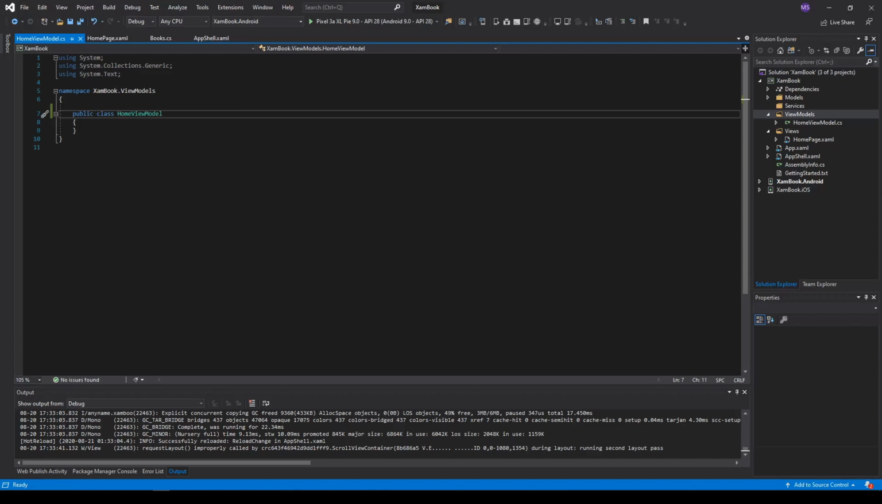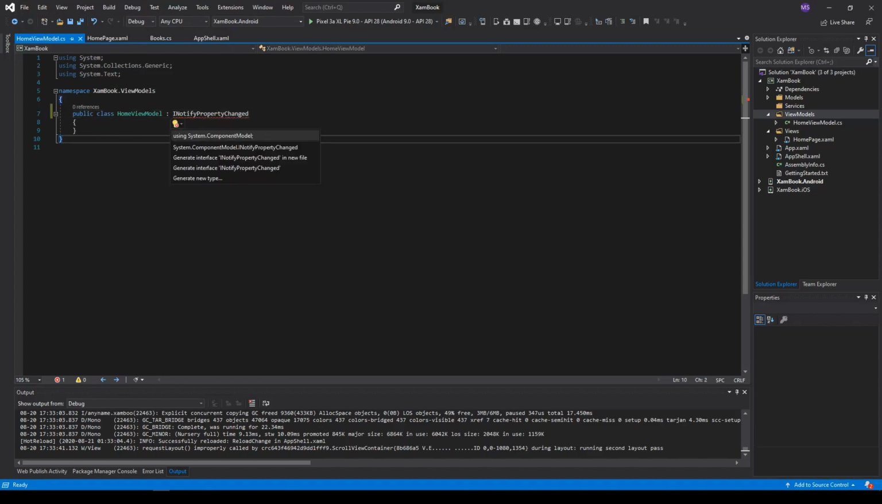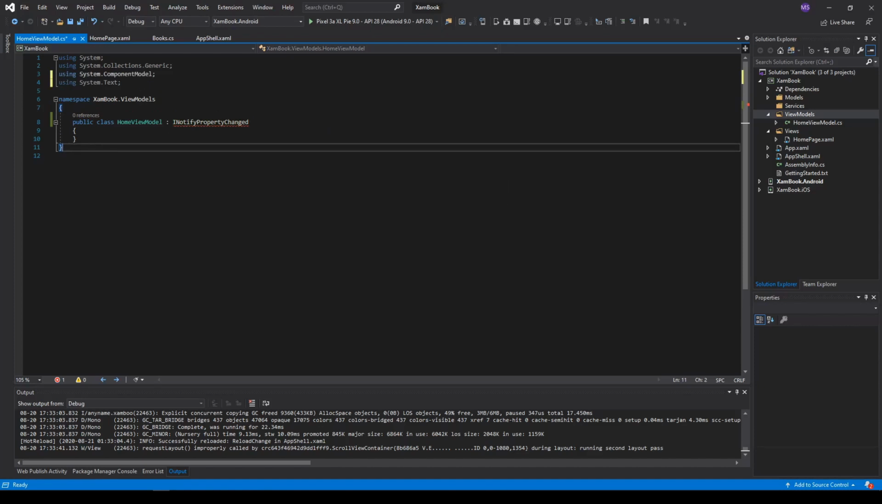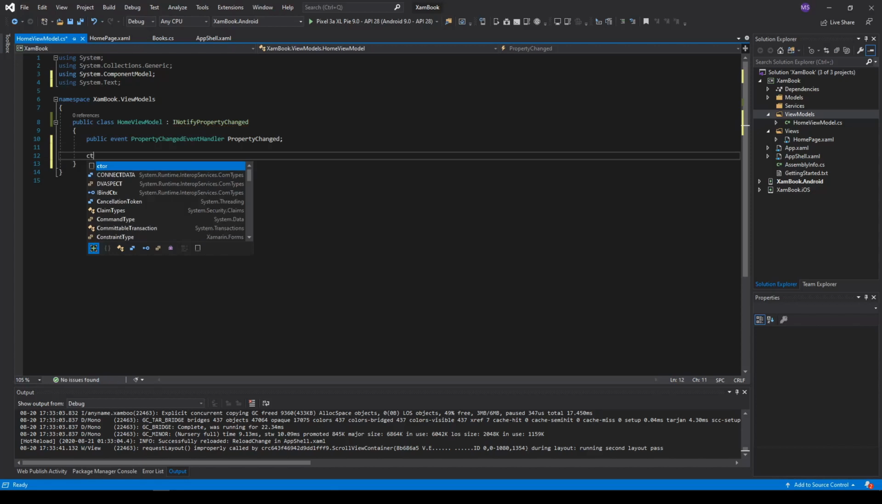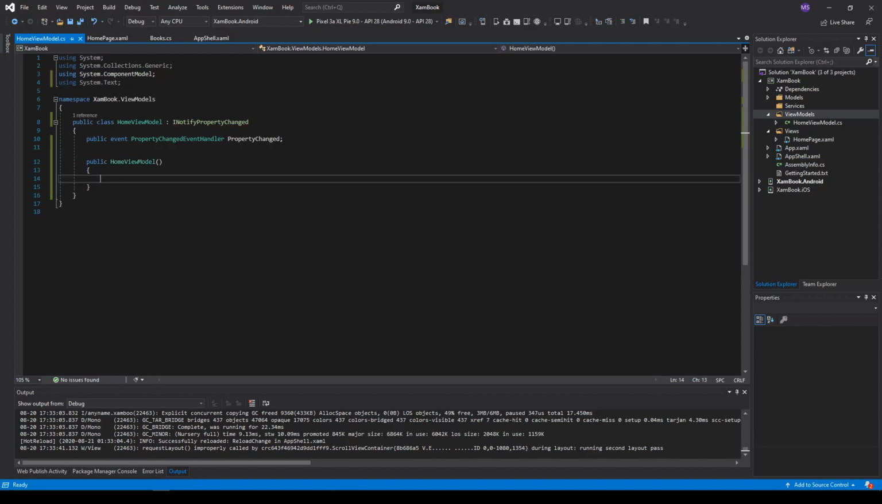So the thing that I always do is always put the INotifyPropertyChanged. So this is what I always do when I create a class. And then create the constructor. Okay, the next part is